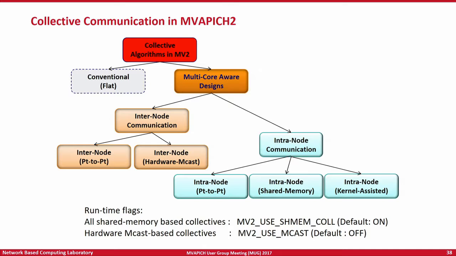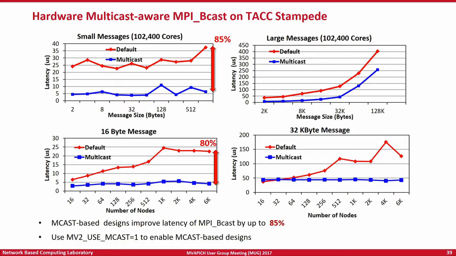Now, hardware multicast, I think Bracy would be extremely well aware of that. I'm not sure if other people are aware of this feature. InfiniBand has a feature which allows you to send or replicate the same packet to different end nodes on a particular system. This feature is called multicast, and it is available in almost all networks. In MVAPICH2, we use the multicast feature to implement MPI broadcast, and we also add software reliability on top of it because multicast is implemented using UD, or unreliable datagram.